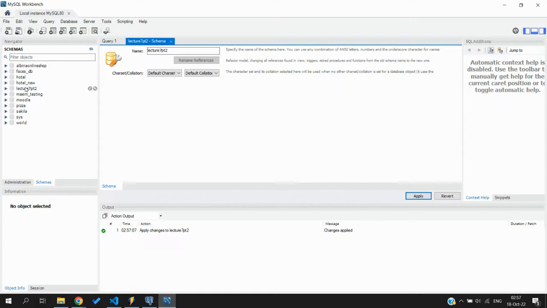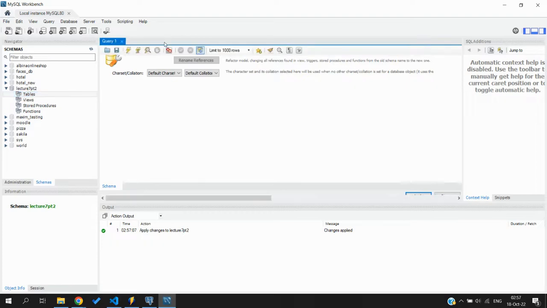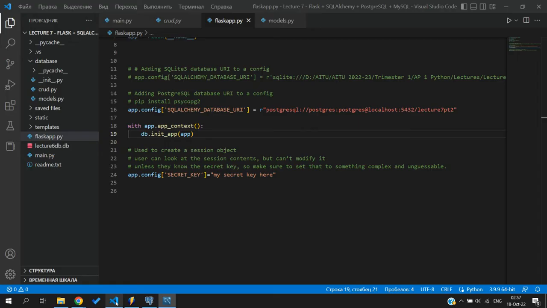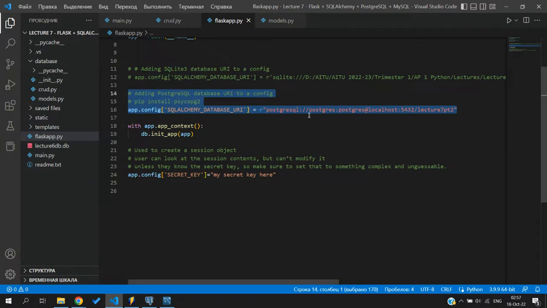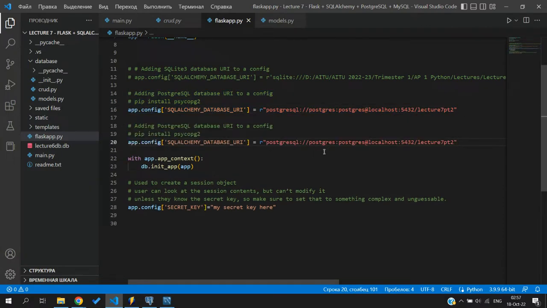You can see it is here. And you can see, guys, we don't have any tables right now. And what I'm going to do is change this URI again. So what I'm going to do is just copy paste, and before you switch to the